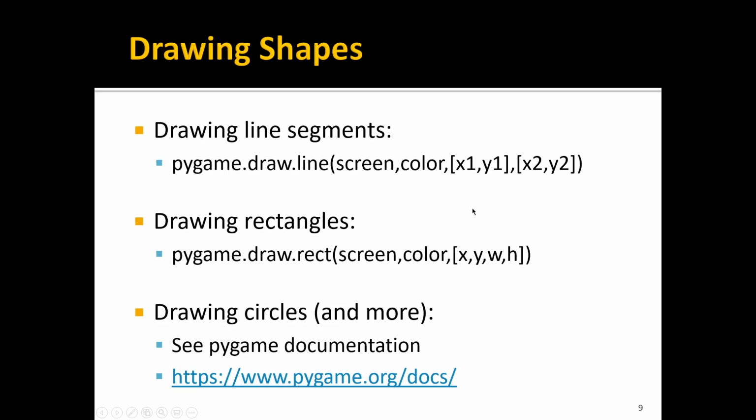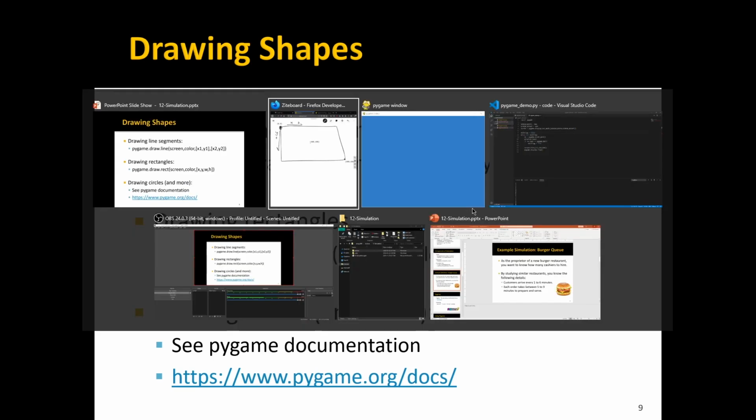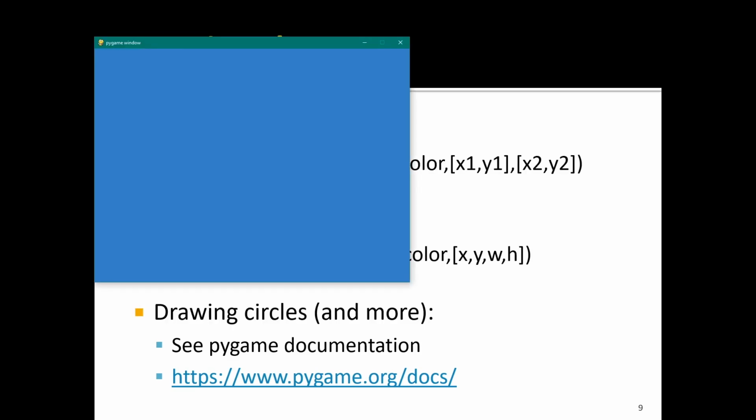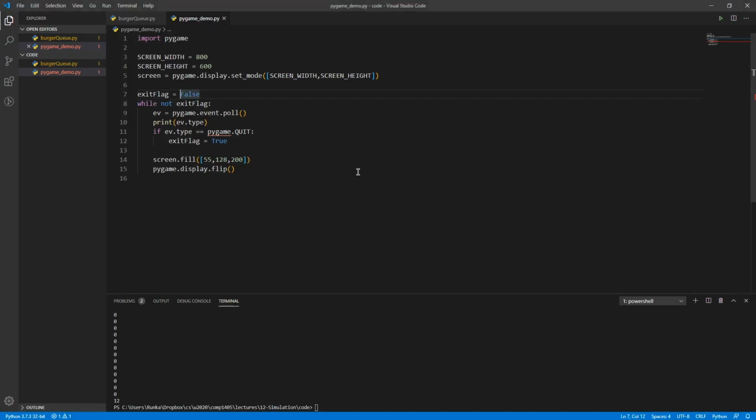So let's create that in our demo. Let's see what a line looks like. Let's close this one and come to here. So we have a line. So before the flip, we'll say after the background, because fill is going to set everything in the screen to this one color. So if we do that last, it's going to destroy anything we draw. So somewhere between fill and flip, add in this line here,